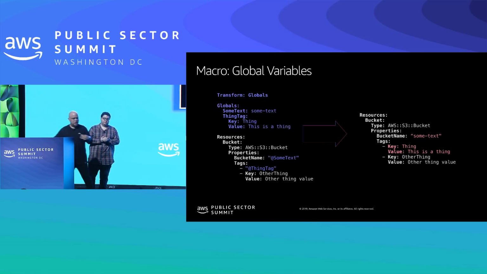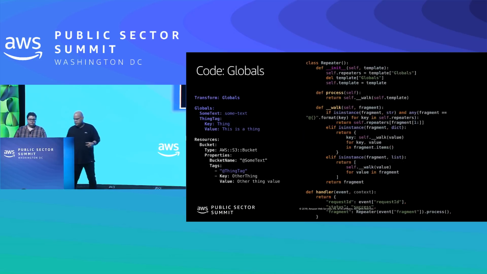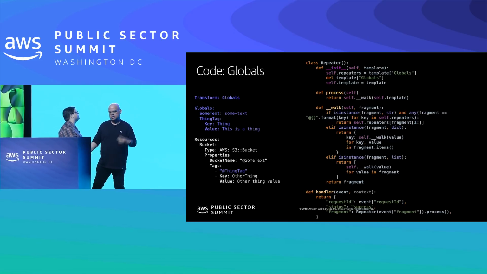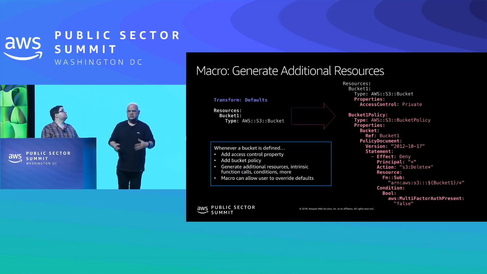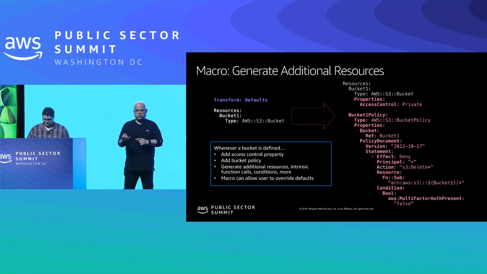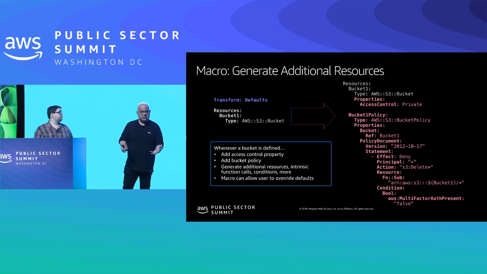The two examples that I wanted to talk about is this will give you like a global variable setting at the beginning of the template, and then the code to actually implement that, it's once again using Lambda. I'm using Python. It's relatively small. Besides utilities like running Python and creating an iterator, here's a really interesting use case where you can say, for example, every time that I create an S3 bucket, I want you to make sure that there's an access policy associated with it. And every time you create a bucket, create these two resources as well. Well, you can create a macro that can do that.